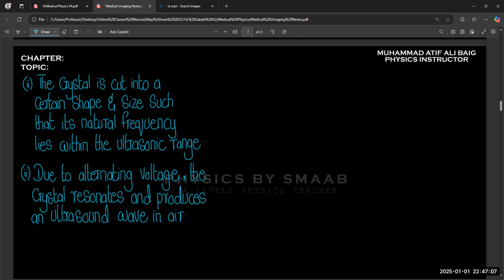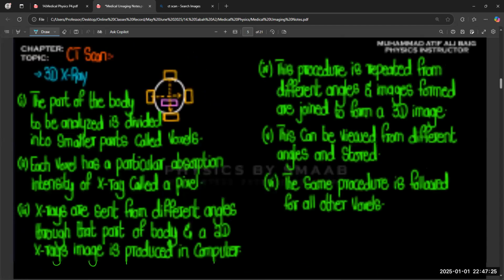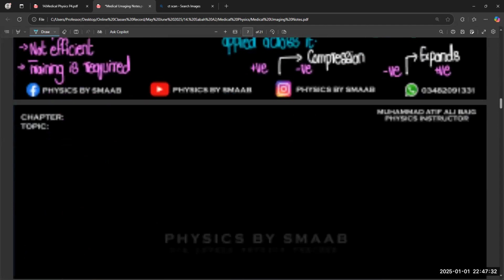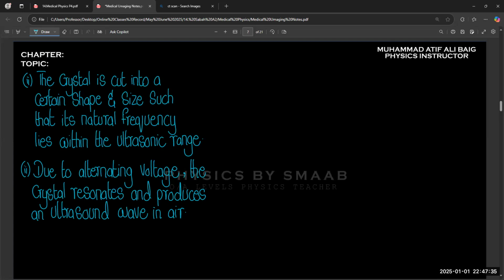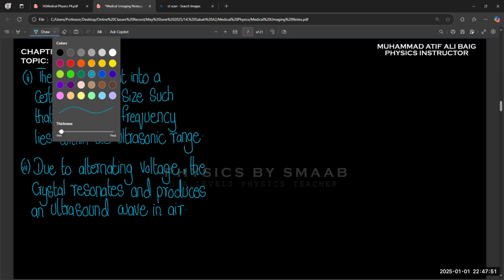And the second idea is how to detect it. How to detect the ultrasound? Like in a CT scan, we know that X-rays move from one end, and on the other end we have a receiver to receive it. So for this, they would also have a receiver. Yes, because right now we only mentioned how to generate it. Let's suppose the fourth point is related to the detection of it,